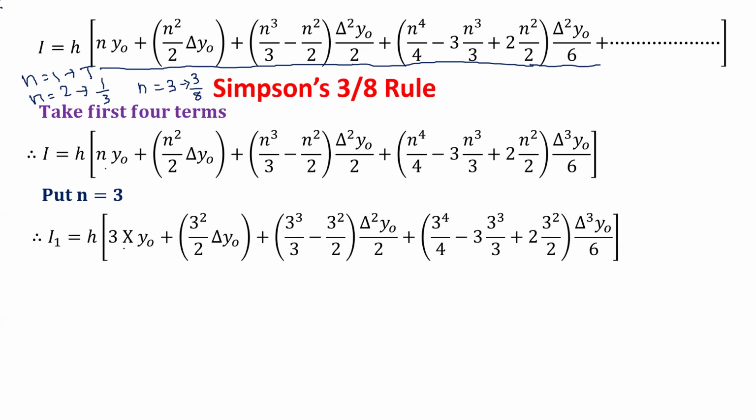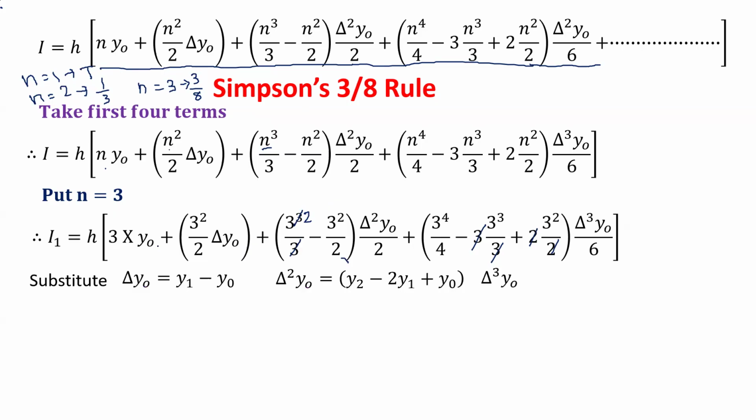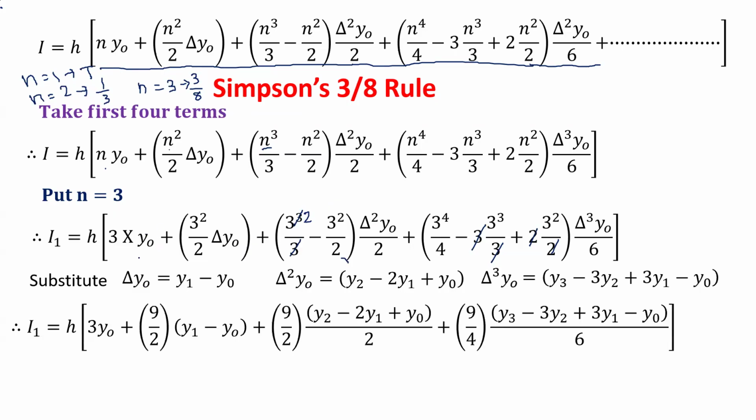Then you can see we have 3 y naught, 3 square by 2 delta y naught, plus 3 cube, n is 3, minus 3 square by 2, delta square y naught by 2, and here also we have substituted the value of 3. Now you can see this 3 gets cancelled, this 2 gets cancelled, then here it will be 3 square and this 3 gets cancelled. So now we will simplify this. Now in first we have 3 y naught,